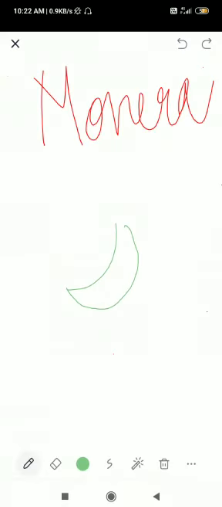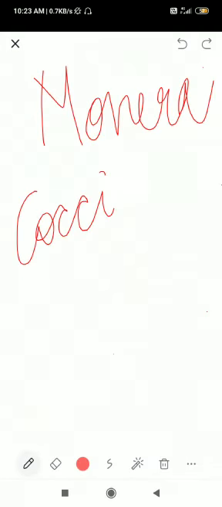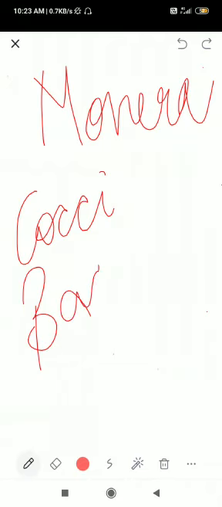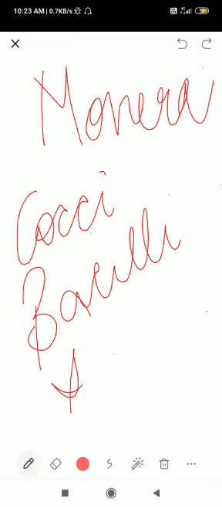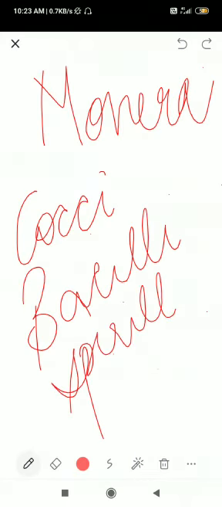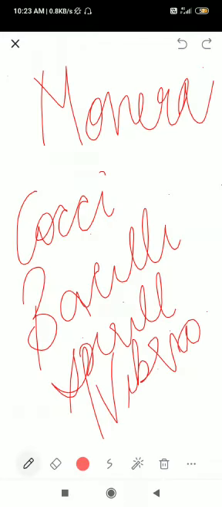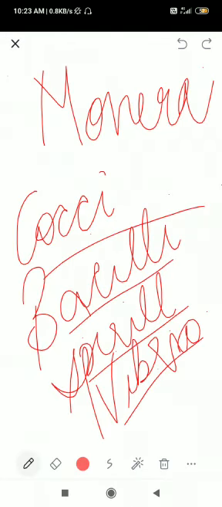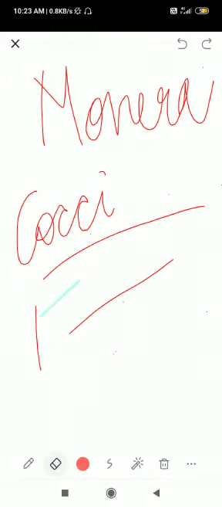So there are basically four shapes of bacteria that are found almost everywhere. That is cocci, meaning spherical; bacilli, meaning rod-shaped; spirilli, meaning spiral; and vibrio, meaning comma-shaped. These are given in the NCERT, so you can see the diagram from there.